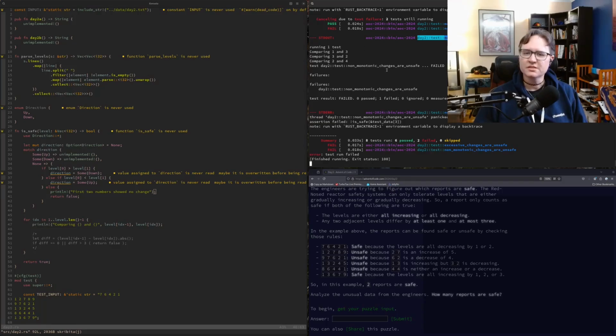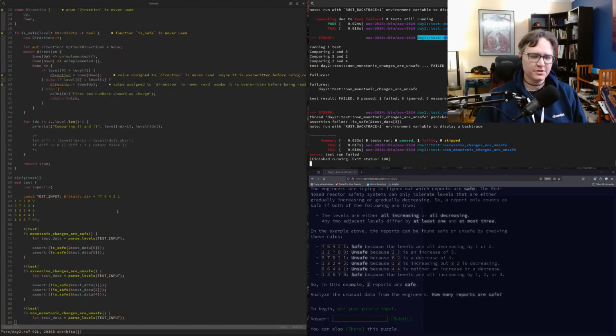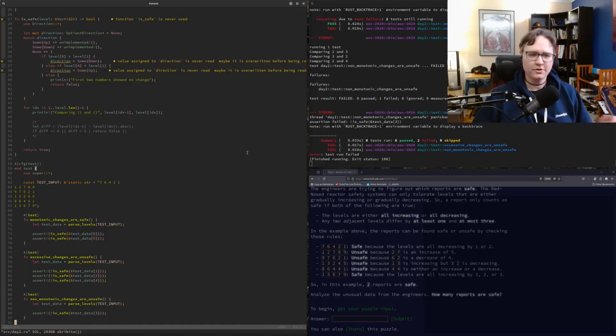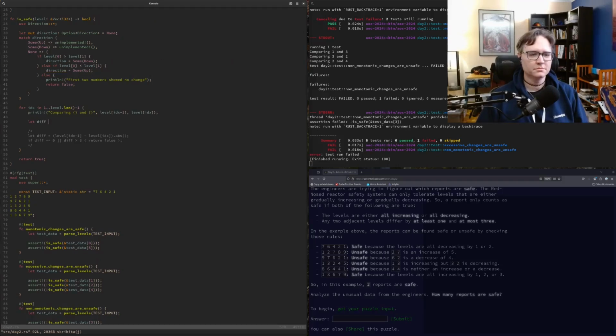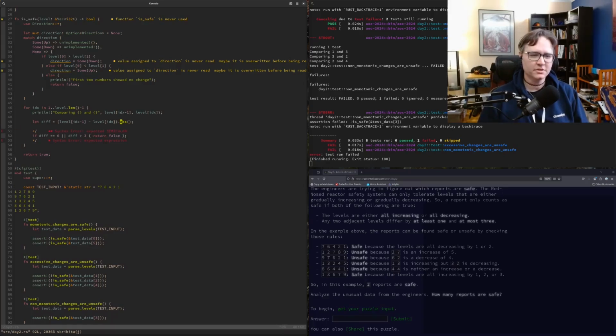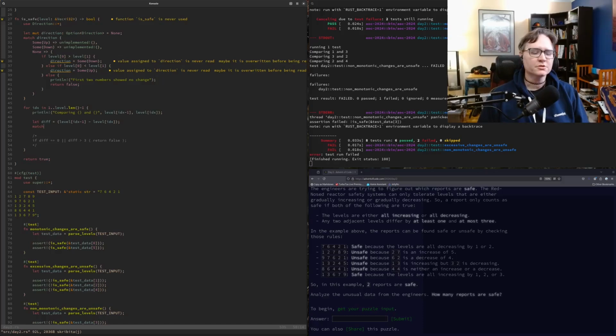Non-monotonic changes are unsafe. So this is the third test here, where it's looking at line 3. Okay. So that means I want to get the diff. I don't want the absolute value of it, at least not right now. So match